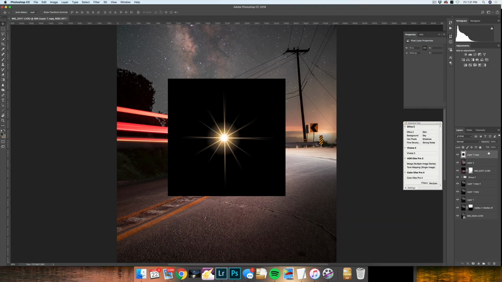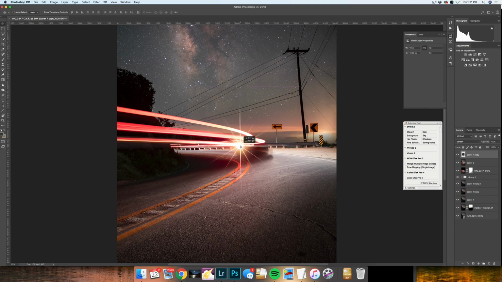So I'm going to add this on here. I'm going to set my blend mode to screen, and then I'm going to drag it into place, and I'm going to reduce it down, and just drop it on top of where I want it to be. And then I'm going to duplicate that layer and add this into another spot